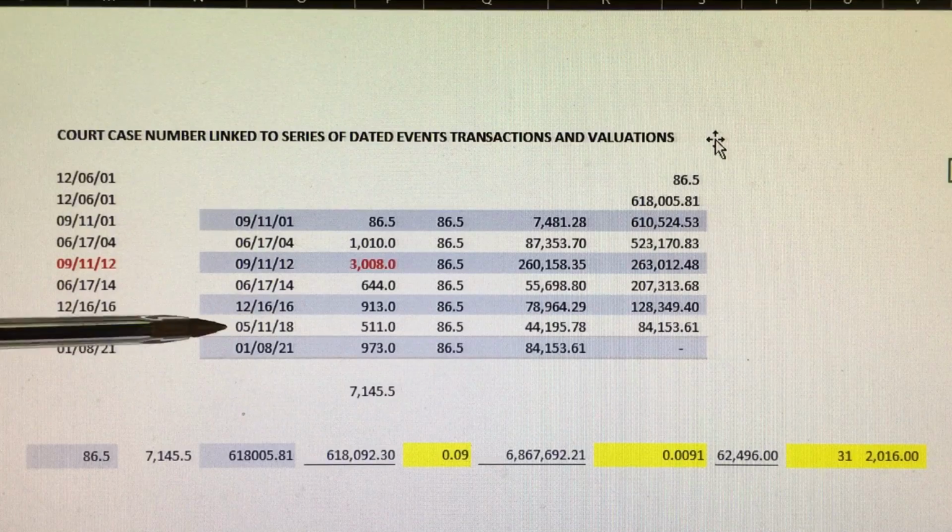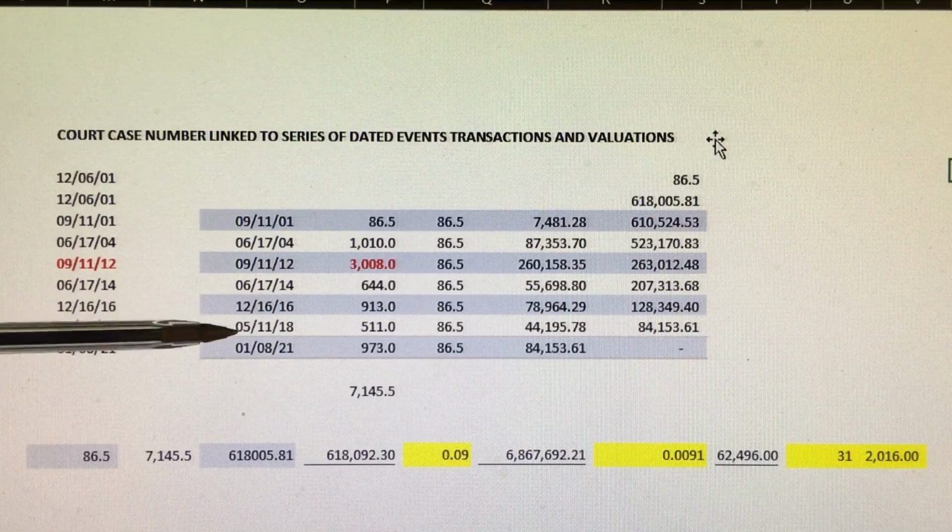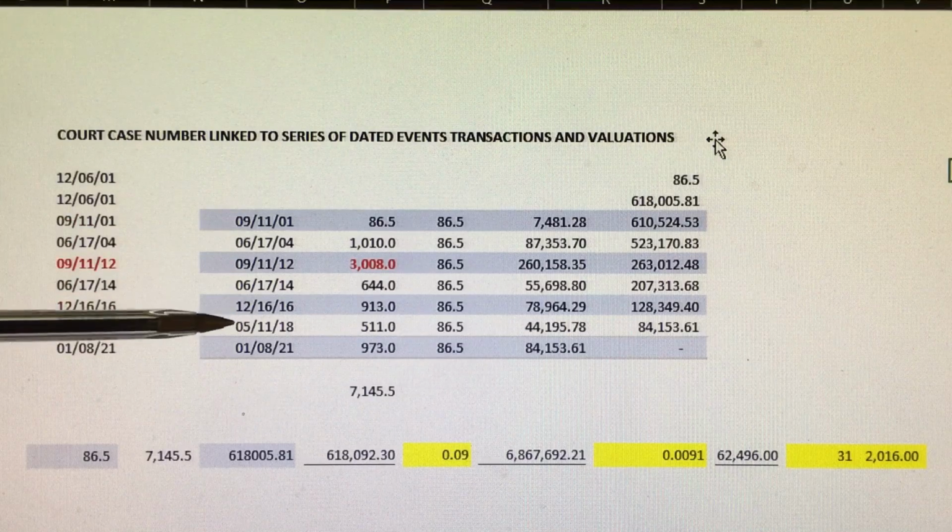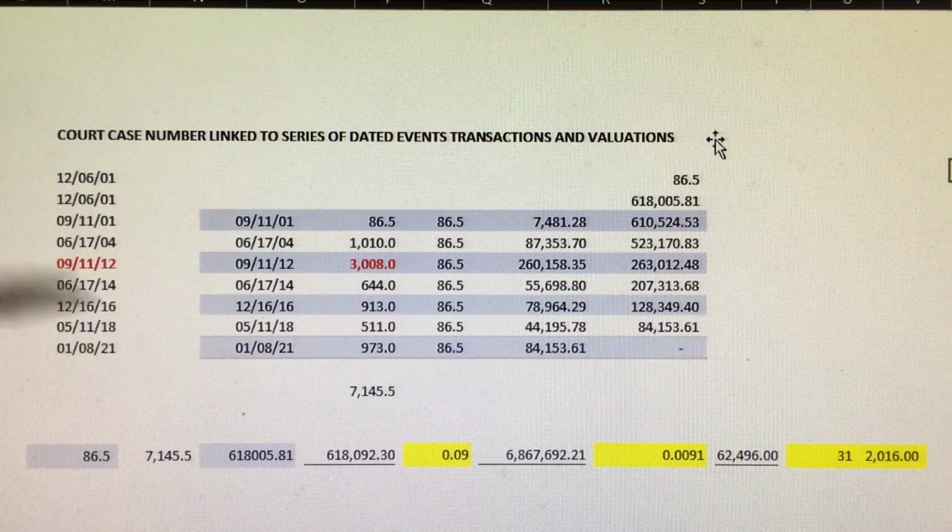5/11/18, which is the Dodd-Frank sunset, which is an important date in this file. For some reason, they also have latched onto it. These are all dates that are showing up in the file. And of course, the last date is for an upcoming hearing scheduled for 1/8/21. Actually, the hearing is for 1/15/21, but 1/8/21 is the cutoff date for anyone to submit a motion to strike the order to proceed to sale.